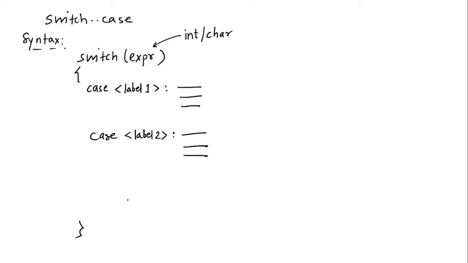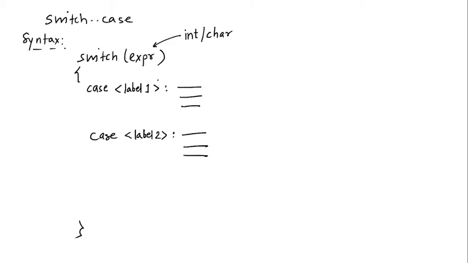Now what exactly it does, there are a lot of things I'll be adding further, but just try to understand step by step first. The expression will be evaluated. Whatever the value of that expression is, that value will be compared with each label one by one until it matches. The value of the expression will be compared with label 1. If it matches there, great, the body will be executed. If it doesn't, then it will go to label 2, label 3, and so on. That is how exactly it compares, and it tries to identify a particular case which is going to match.